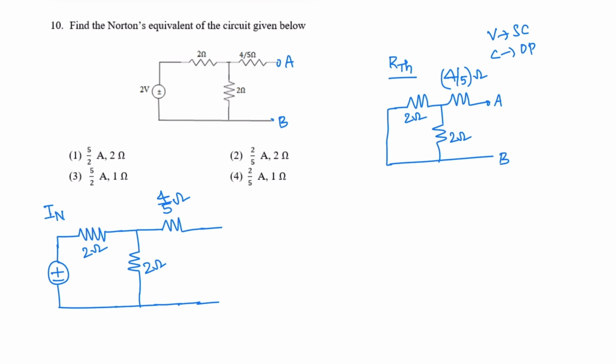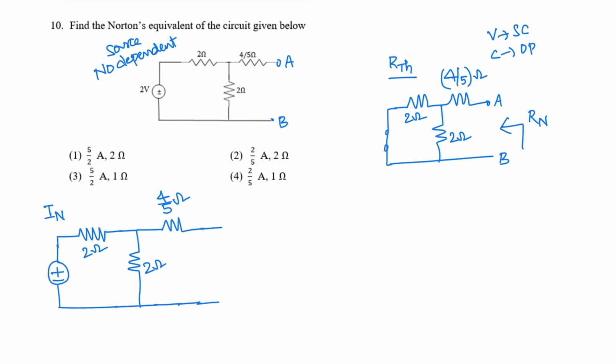But for this circuit, there are no dependent sources. Only one independent voltage source is given. So this independent voltage source is short circuited, and we need to calculate the Norton resistance or Thevenin resistance RTH,